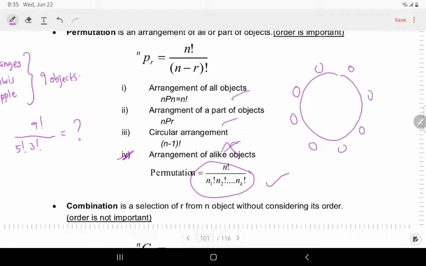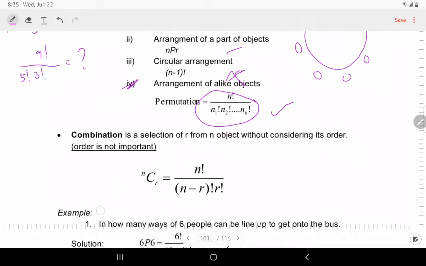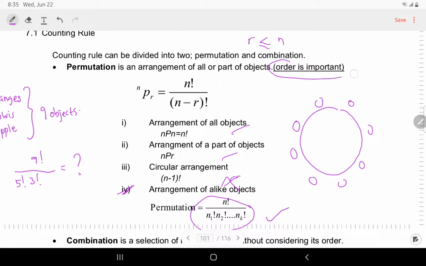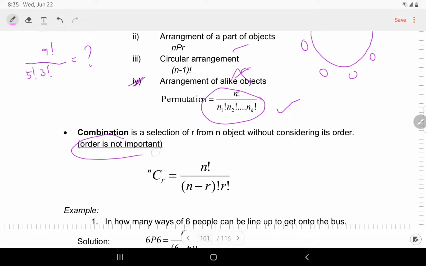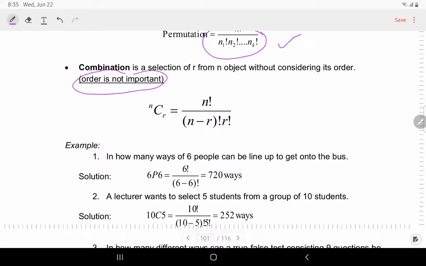Tapi dalam permutation, susunan dia penting. Okay, dekat sini order is important. This one order is not important. Apa maksud order is not important? Susunan dia tak penting. Maksudnya, contohnya lah